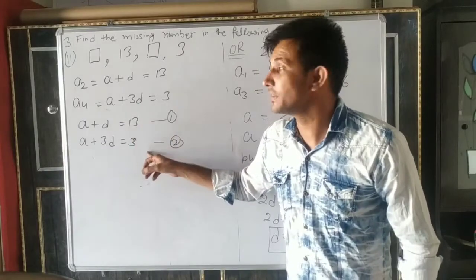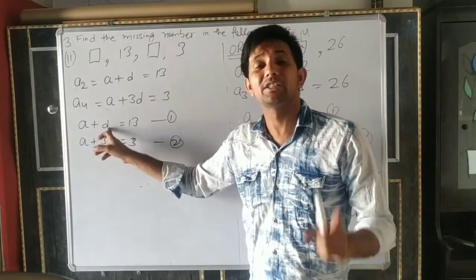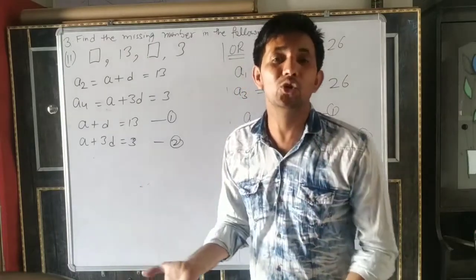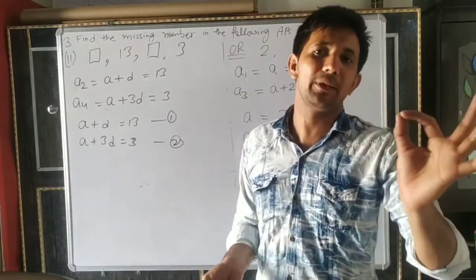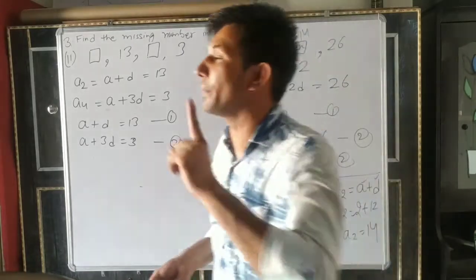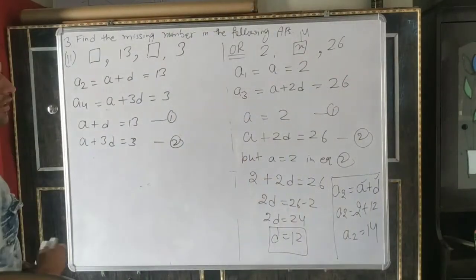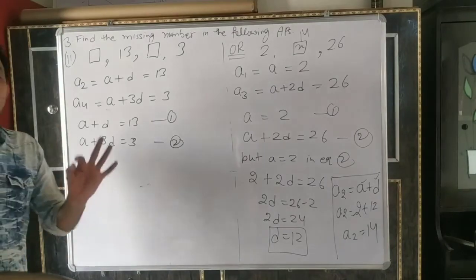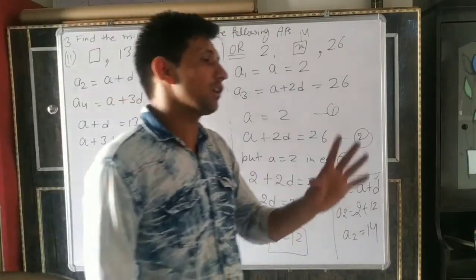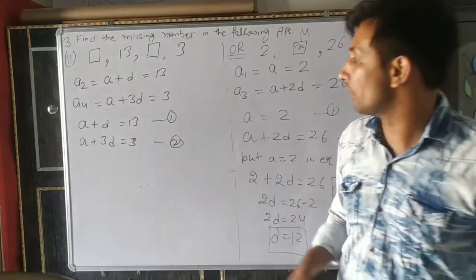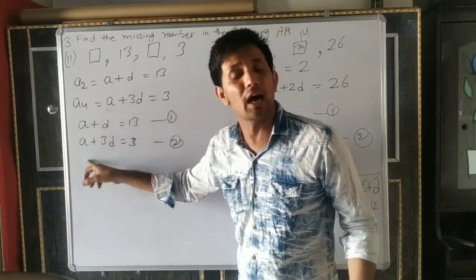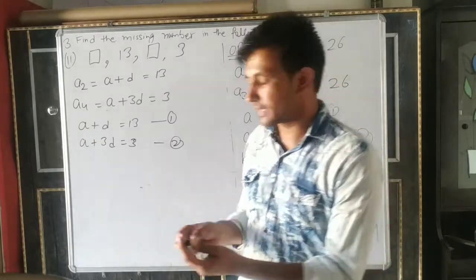Now here we will use, dear, chapter number 3. These are two equations in variables A and D, but in the third chapter they were X and Y. Here also two variables. So you can use either method: cross multiplication, substitution or elimination. But the elimination method is always the easy one. Understand here? Because in elimination we only make the coefficients of a variable equal. We already know its coefficient is 1, and this one is also coefficient 1. So both are the same, so it is very easy to subtract.